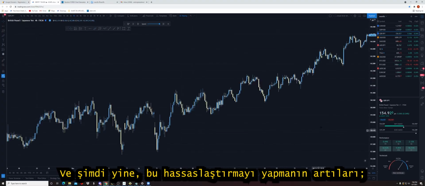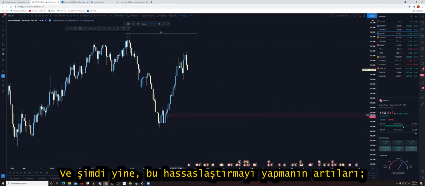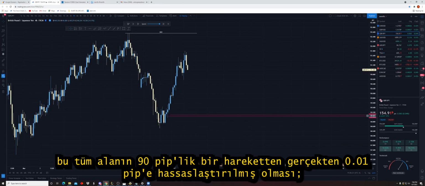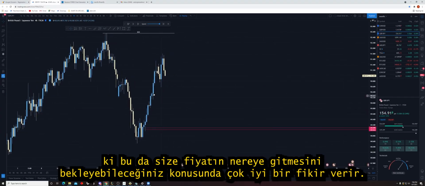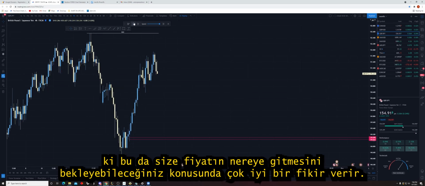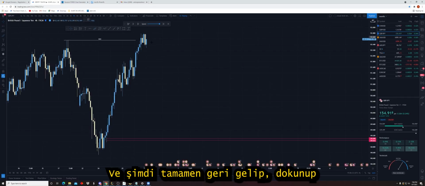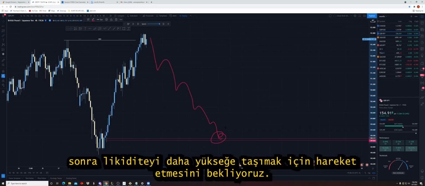And now, again, like I said, the positives of having this refinement done, right? So what we're looking for is this whole area that on a daily was a very large area has been refined to really 0.01 pips from a 90 pip move, which gives you a very good idea as to where you can expect price to go. So price does break that structure, right, on that daily. And now we expect that it wants to move all the way back in, tap in, and then move to